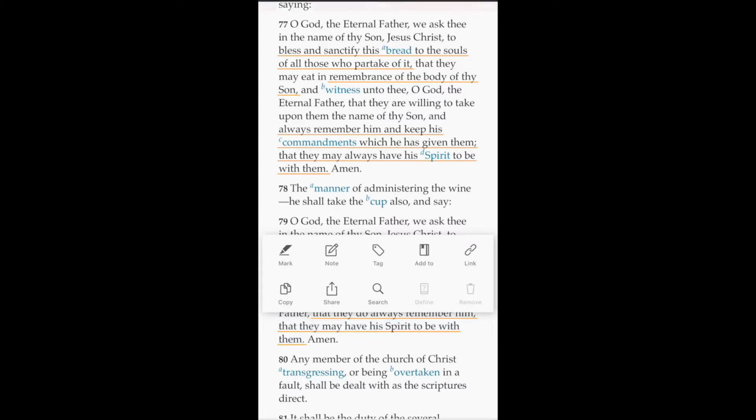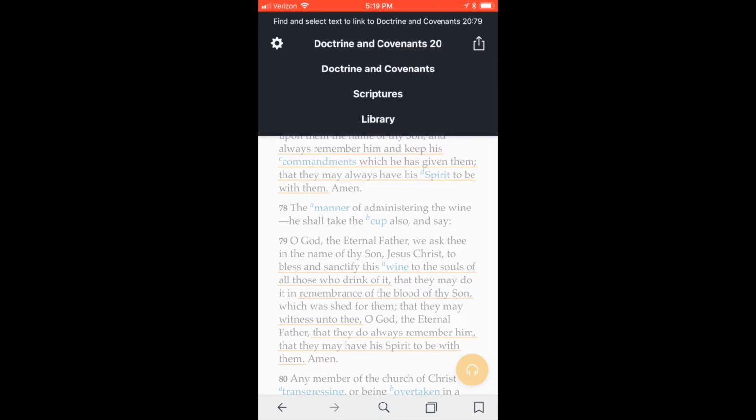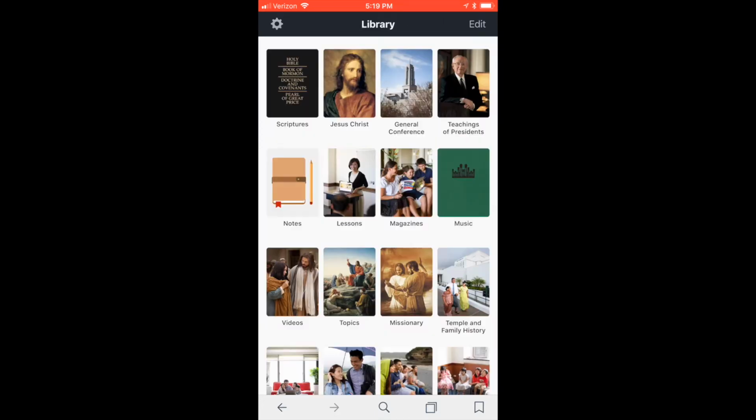So I'm going to go ahead, as you can see there, I've highlighted that they may have his spirit to be with them. I'm going to click on that link tab, and you'll notice up at the top of the page it says Find and select text to link to Doctrine and Covenants 20:79. So I'm going to go ahead and click on the top here,